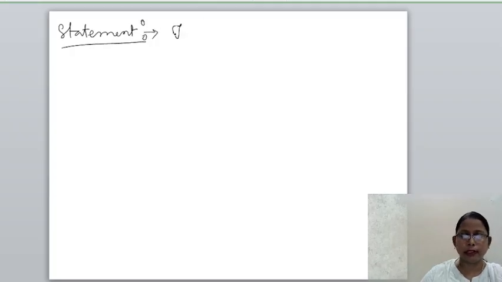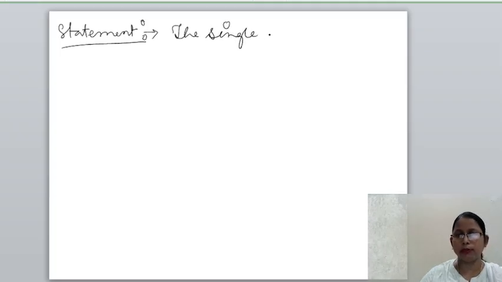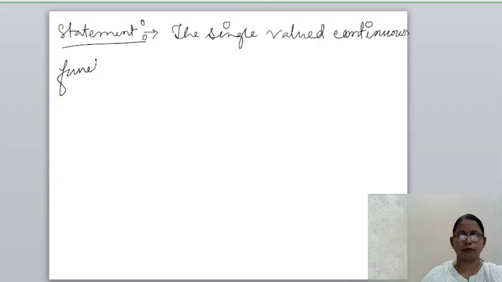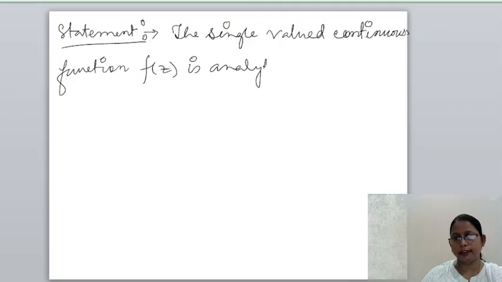The single valued continuous function f(z) is analytic in a domain D